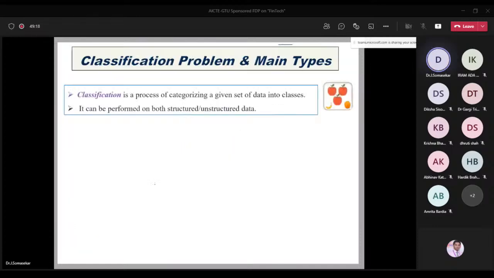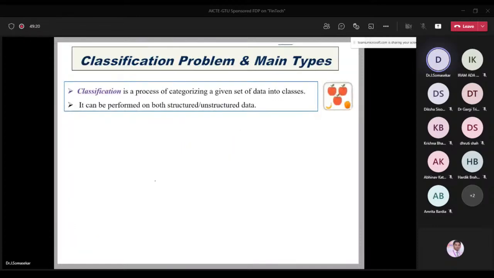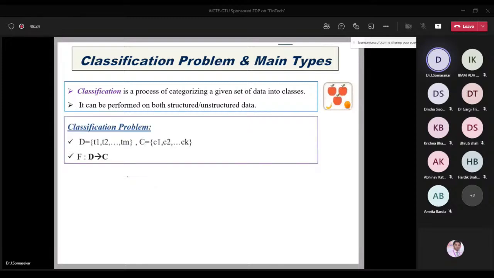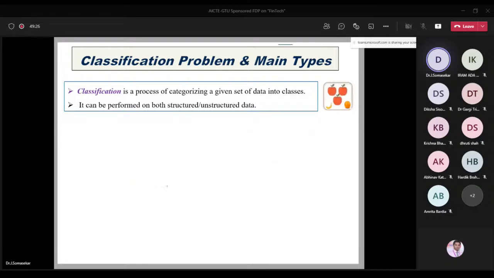And here we are going to go for classification. Classification is a very simple thing. Suppose we have students, let us assume 60 students. These are the group of students. Out of 60, let us assume 20 students passed, 40 students failed, or maybe vice versa. So this is one classification. This is pass, this is fail. So this is one class pass, and this is one class fail. This is called binary classification.